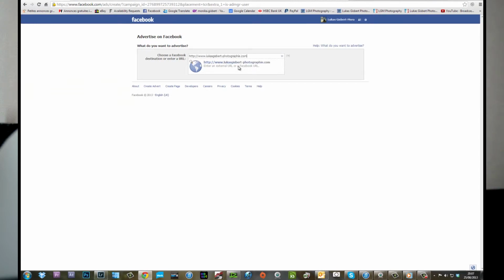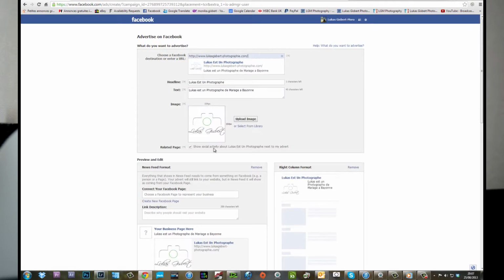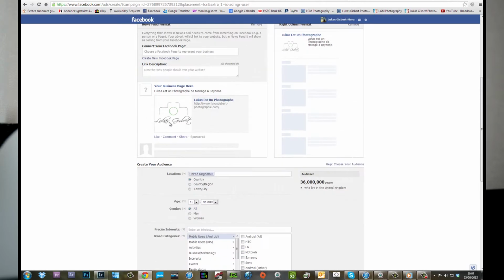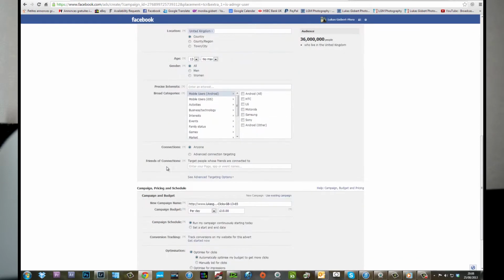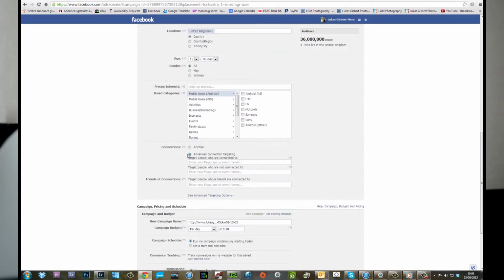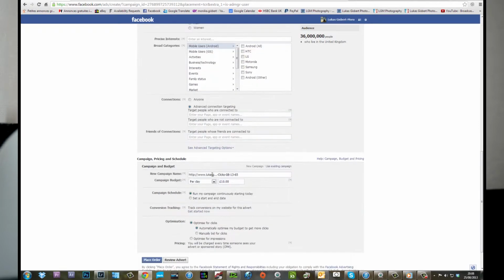which could be important, because when you advertise on Facebook, you don't really want to advertise onto everyone's profile. You just want to target the people you're interested in. If you're a wedding photographer, you're going to want to target people who are engaged and in a couple, and you want to leave the singles out and the married out, because they're not going to be getting married anytime soon.